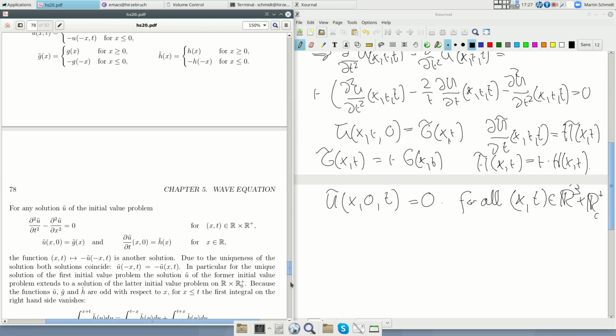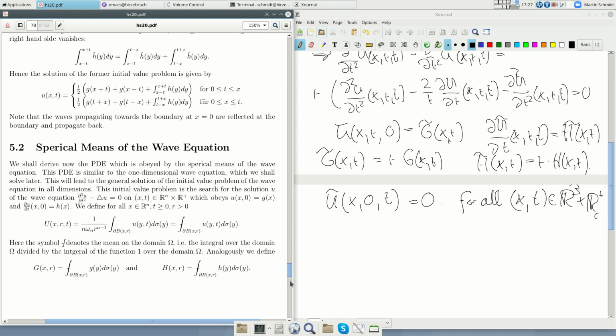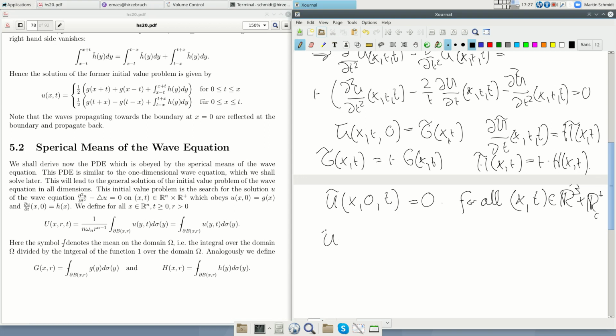We obtain u tilde of x and r and t equal to